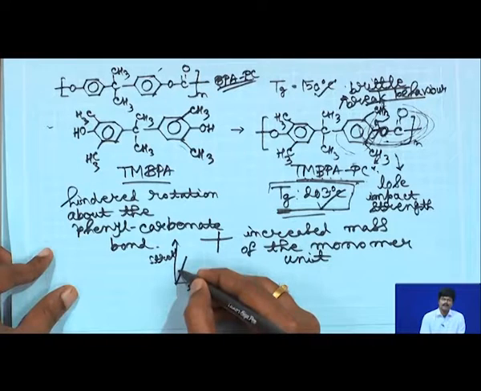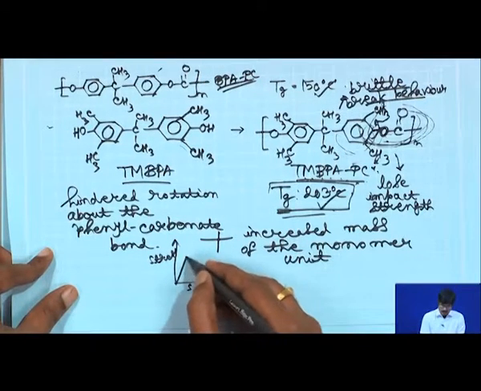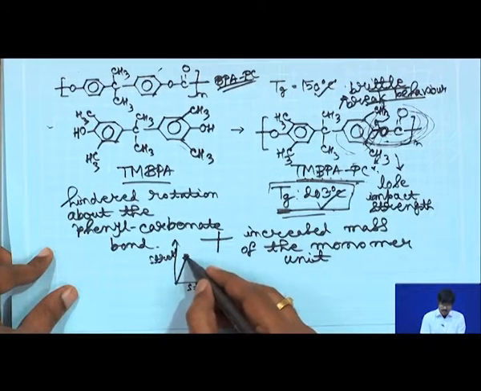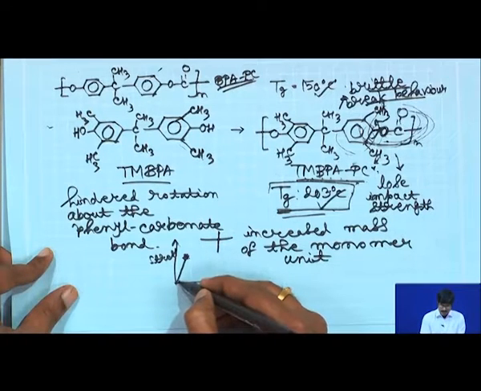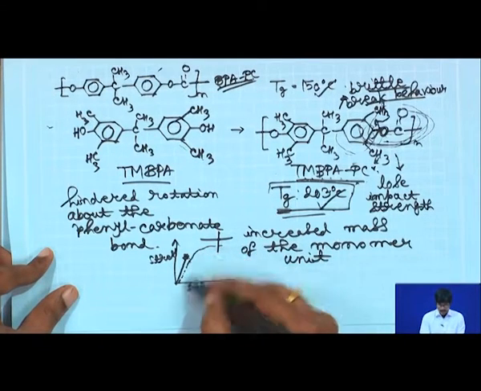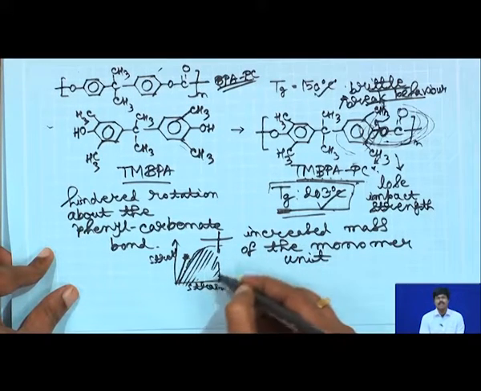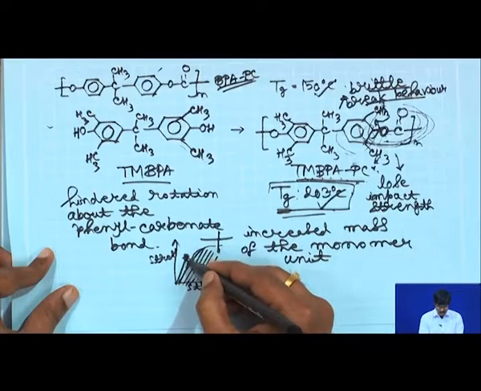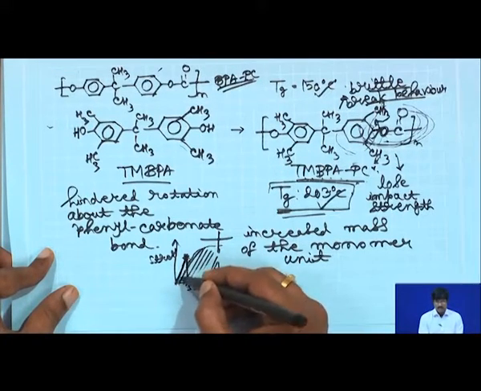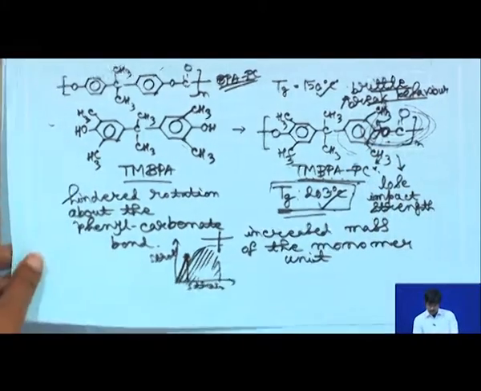Because I already told before that if you are plotting stress versus strain, in the initial linear portion, if the slope is higher, that will give you higher stiffness of the material, because the slope gives you the stiffness, but ultimately it may break here. So, the material will be brittle. If a material is tougher, then it may have a little bit lesser stiffness, as shown by the lower slope of this linear part, but then it can go further, because the area under the stress strain curve tells you how much energy it can absorb before it breaks. So, you can see directly here the area under the stress strain curve is much lower, even though the material is much stiffer. That is exactly what happens here.